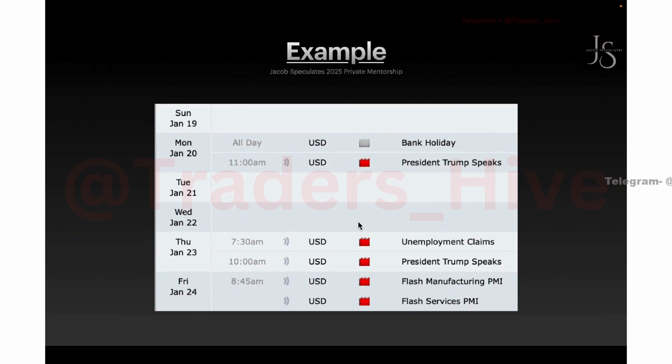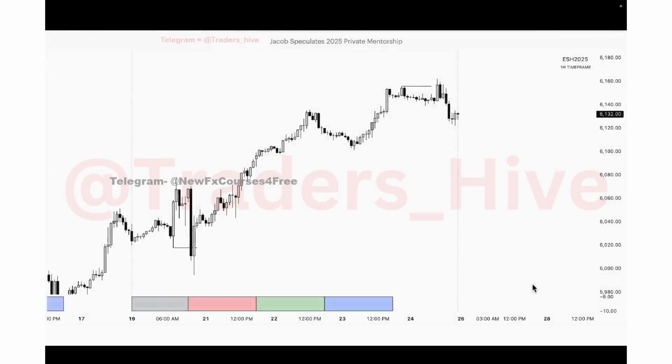So keeping that bullish environment in mind, we would like to see Monday, Tuesday, or Wednesday form the low of the week, and then Thursday and Friday form the high of the week. And now looking at the chart, looking at the S&P on the 1 hour time frame and the specific week where that news took place, as you can see, Tuesday ended up creating the low of the week, while Friday created the